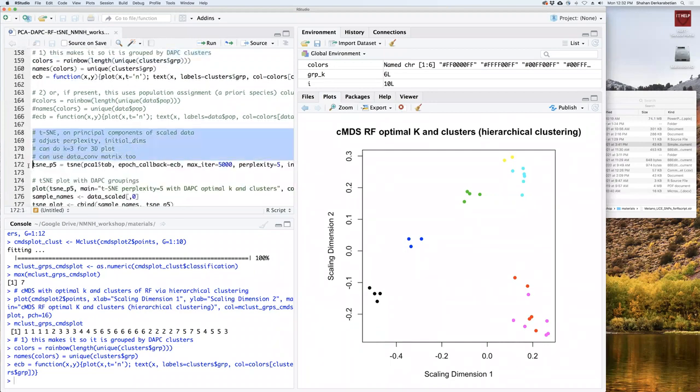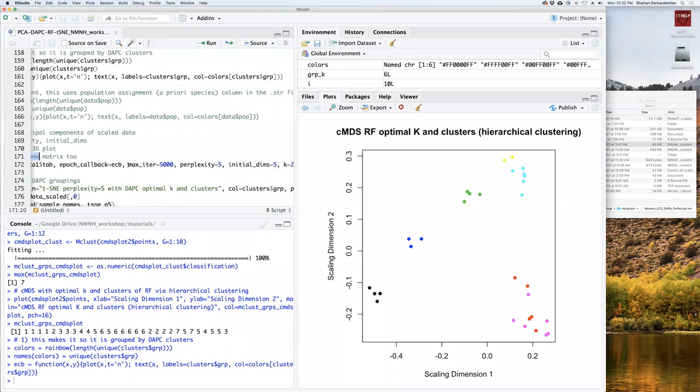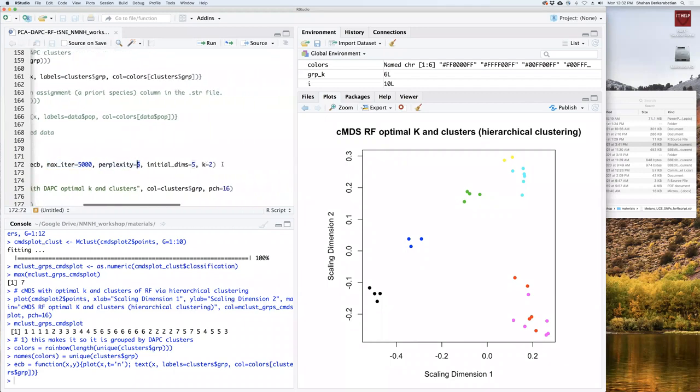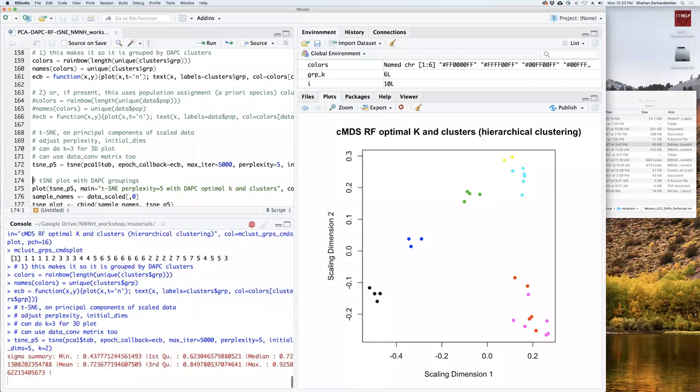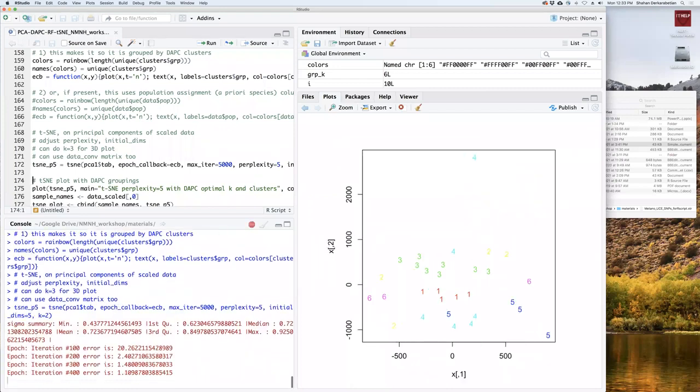Okay, here's t-SNE. I'm going to do it on the principal components analysis because it goes a little faster. You can also do it on your data file if you want. Max iterations, this is number of generations. Here's your perplexity. This is where you change that perplexity, dealing with 5. The other important one is K. This is the number of dimensions you want the embedding. I want 2 dimensions. So t-SNE runs and you'll see it learning, right?